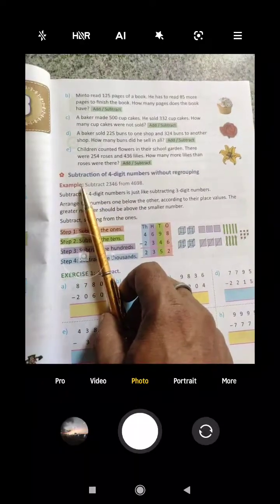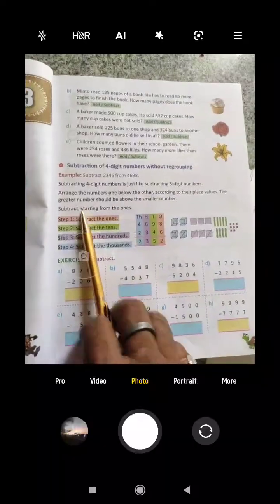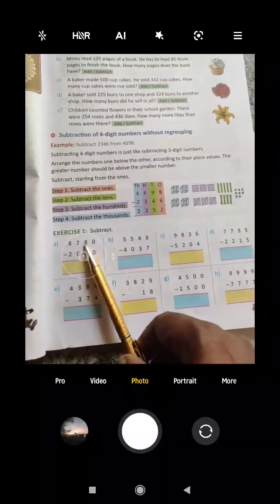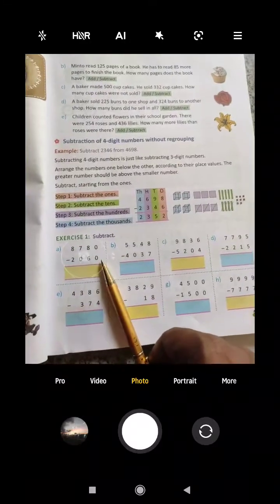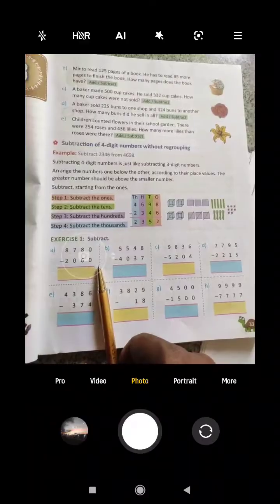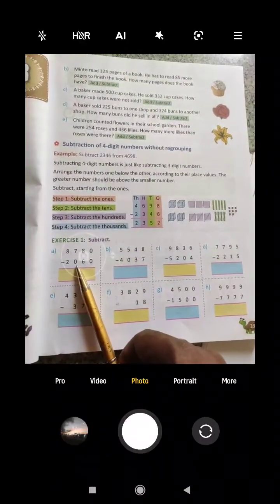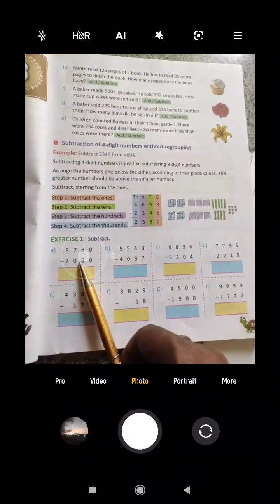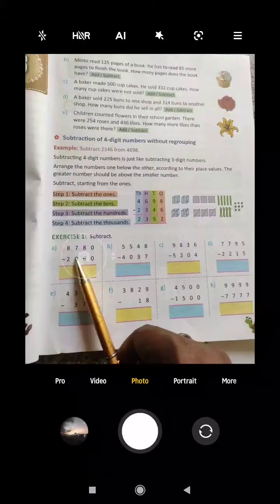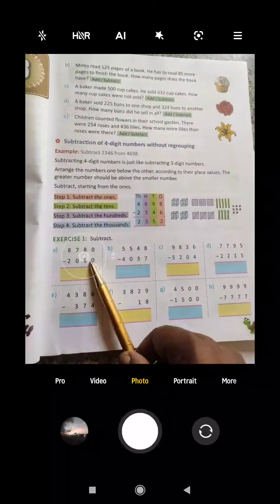Next is subtraction of 4-digit numbers without regrouping. Simple, same way you'll have to do all these things. 8780 minus 2060. Do as I have shown. There is nothing more to show again. Do the thing that I have shown you with the single number of maths so far. All these things are in the same manner. So you try this subtraction.